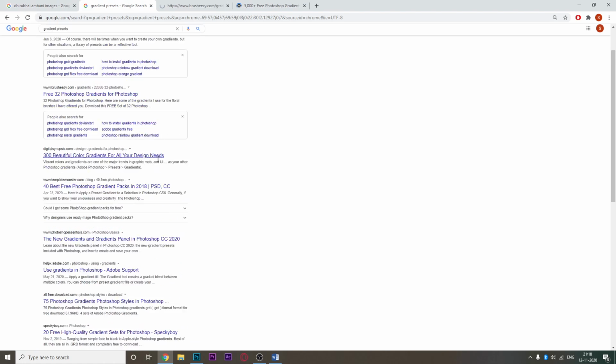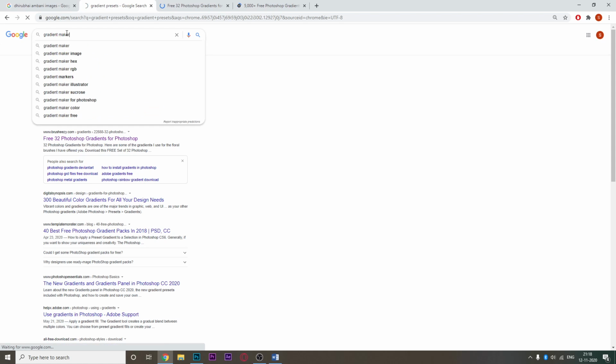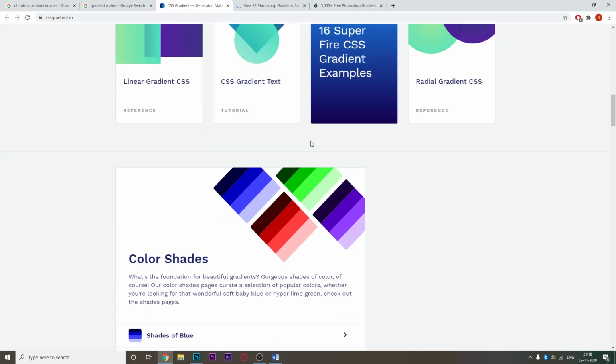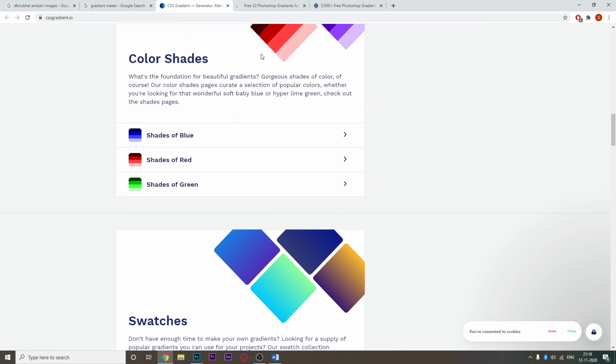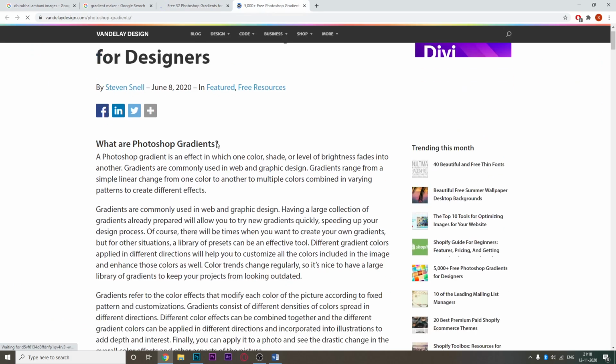You can also type gradient maker, and you will get this CSS gradient generator. I've never been to these websites. Oh, this is not a good website for us because it's very technical. Let's go here. No.